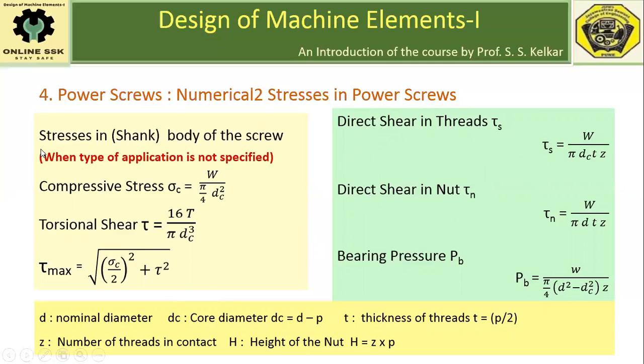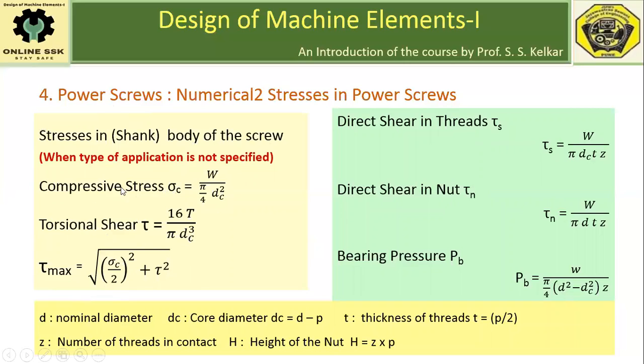Now, if the application is not known or is not mentioned in the given data in the problem statement, then we have to use these formulae for calculating the maximum stress developed inside the body of the screw. The body of the screw is many times referred to as the shank of the screw. The body of the screw will be subjected to compressive stress sigma c given by W upon pi by 4 dc square, and torsional shear stress tau given by 16 T upon pi dc cube,